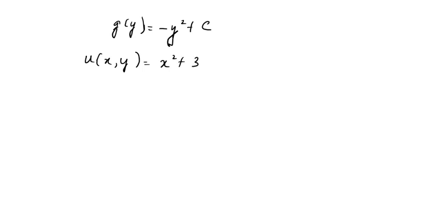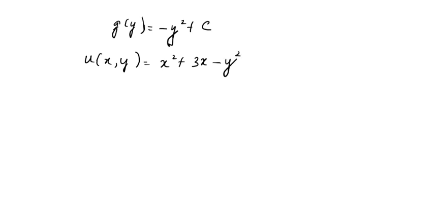And equate it to equation 2. If you are equating it to equation 2, you get g of y equal to minus y square plus c. And you can now write your u of x as x square plus 3x minus